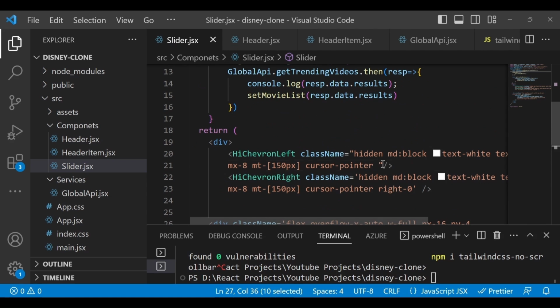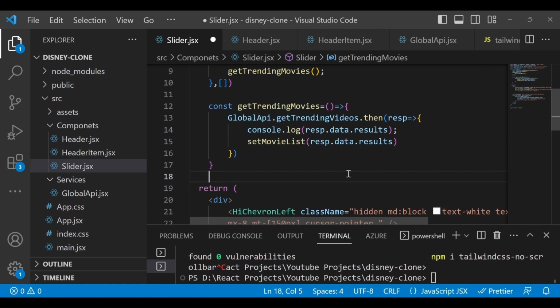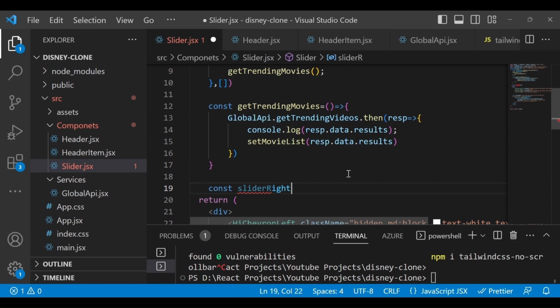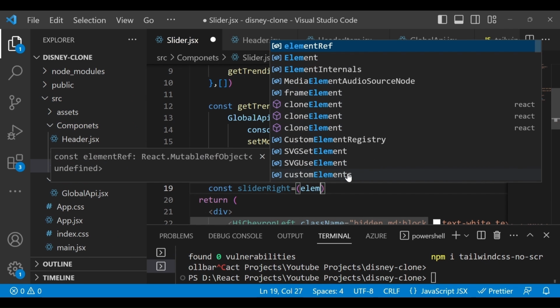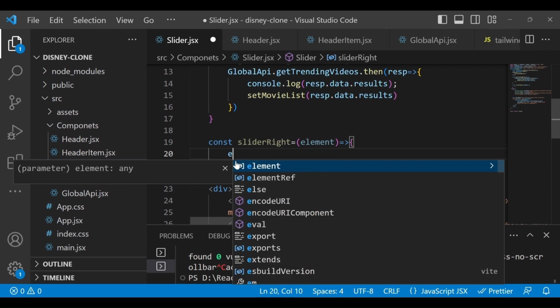And now here you can define the onClick method, but before that we will define two functions. So const sliderRight, which is equal to element. So we will pass the element, and then we can do some operation here.